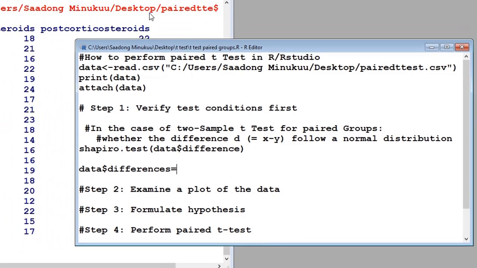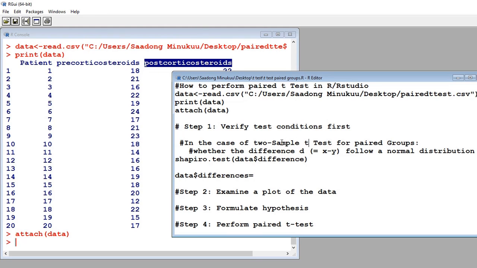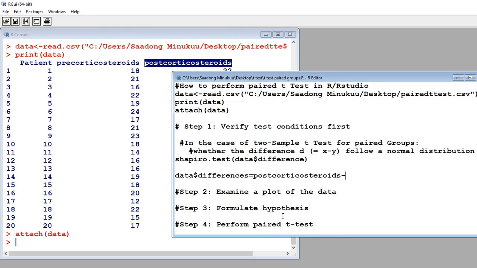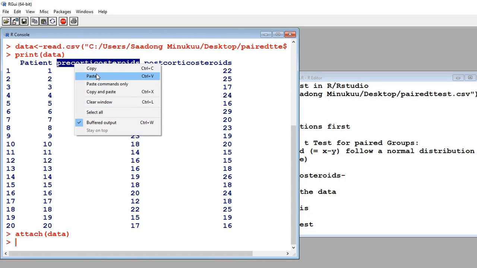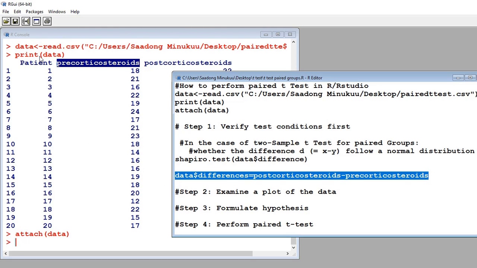post-corticosteroids. So let me simply copy it here. Okay, so I'll simply copy this particular variable here. So it's actually post-corticosteroids minus pre-corticosteroids. And that will give us the differences between the two groups. This is the first and the most important condition that must be met. Now, if I should run this particular formula,